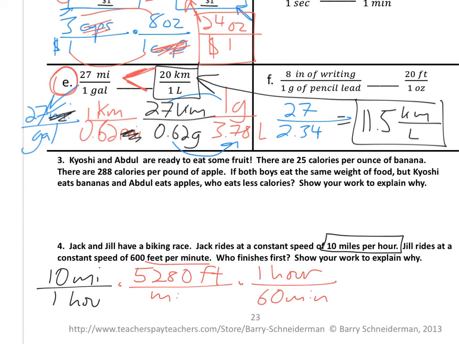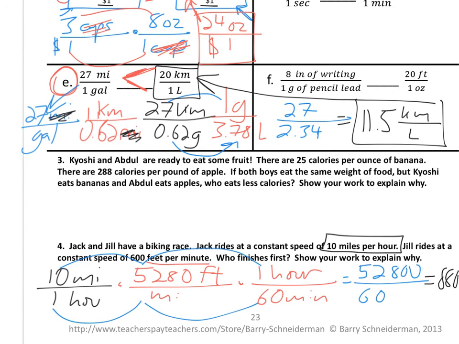So if I multiply 10 by 5280 by 1, I get 52,800 on the top, and 1 times 60 on the bottom. I plug that into my calculator, and I get